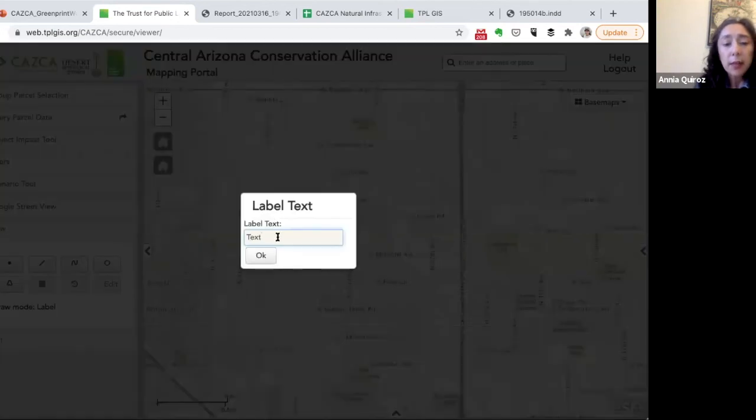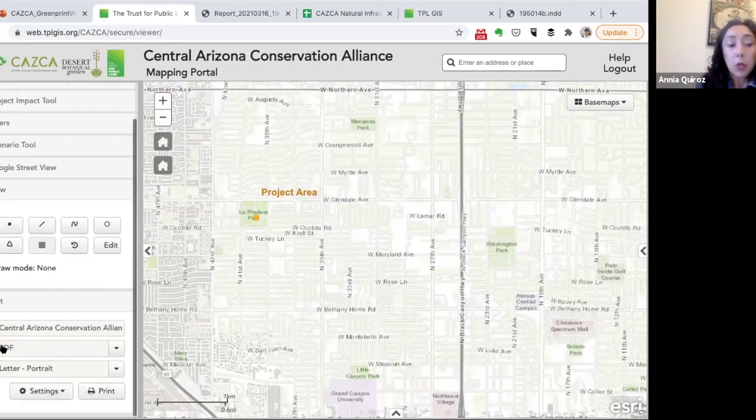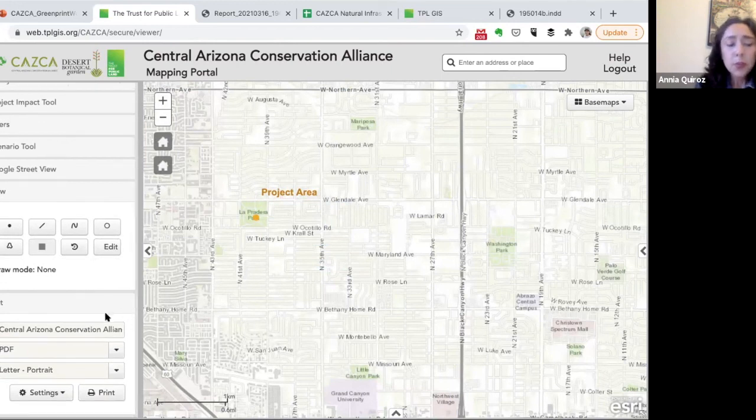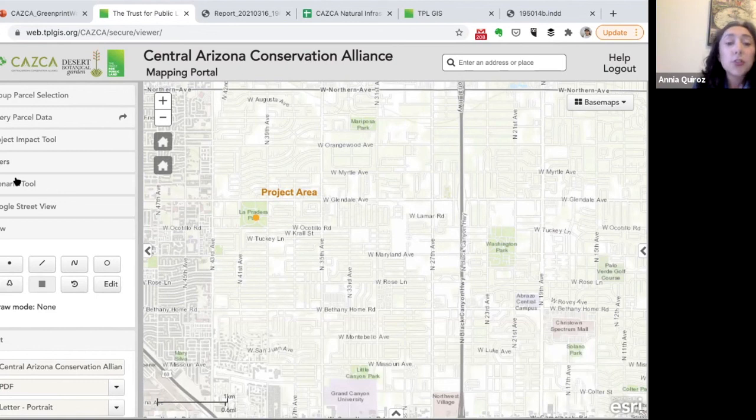We can actually create labels. So project area, I want the project area to be here. You can add points wherever you want to. So again, this is something that you can use, and then maybe use the print function to print out anything that you've created. You can title it, you can select what different format you want, and the layout, and print to your closest printer. There's just so much that this tool can do, and it's really fun to